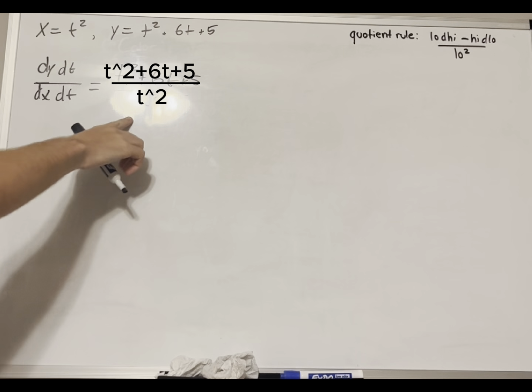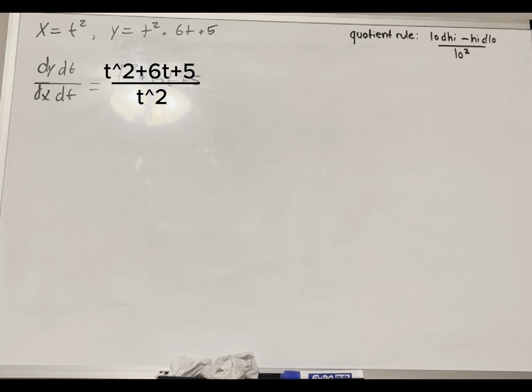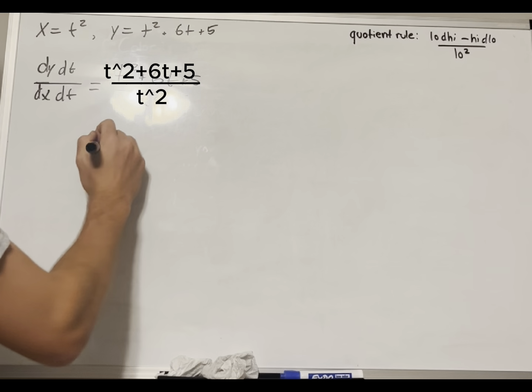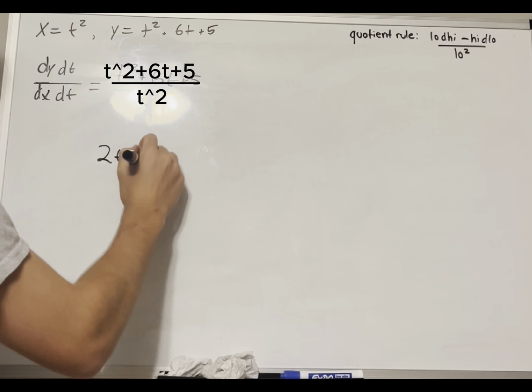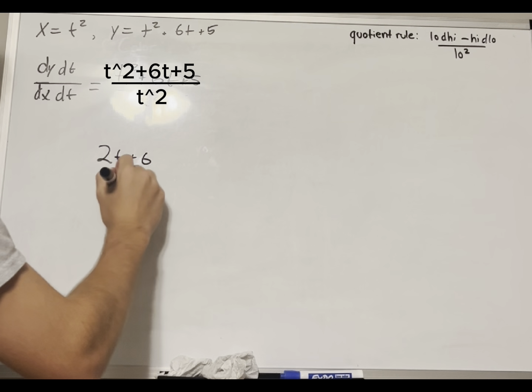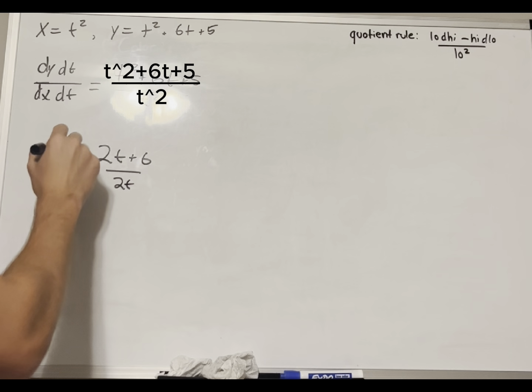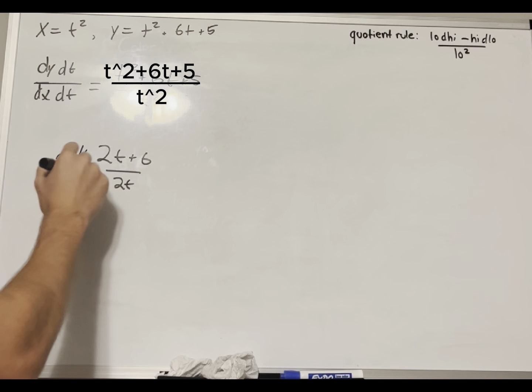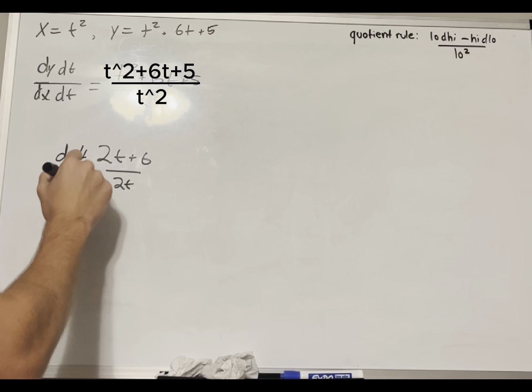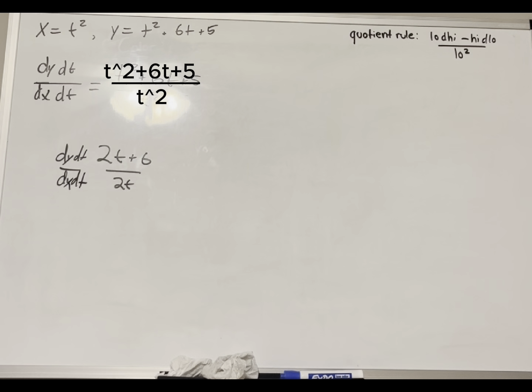And then you go ahead and find those values. You get 2t plus 6 divided by 2t using the power rule. And this is dy dt over dx dt equals. And then the second step, or the homework asks for the second derivative,